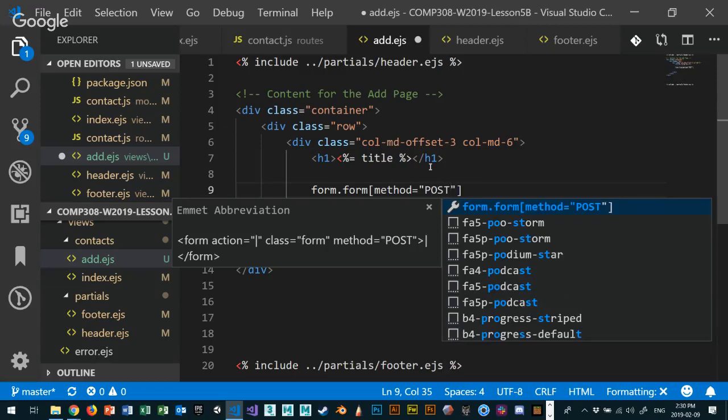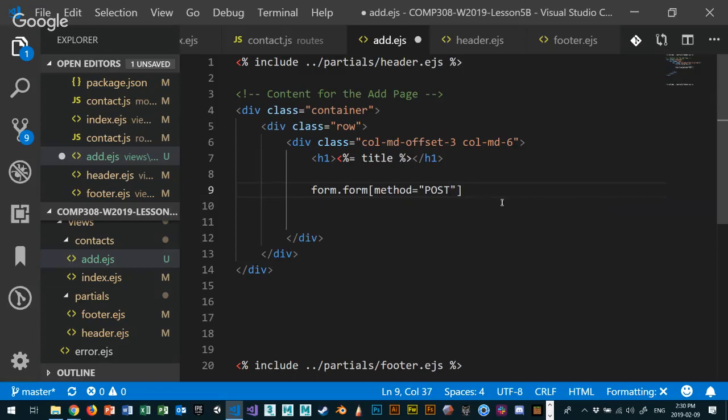So you can see that this is what the preview is going to look like. Method is equal to post, right? Square brackets is where you can put any attribute to specify what it is, as a short form. Again, I recommend you learn a little bit more about Emmet. I think it's a good tool to use. Inside the form